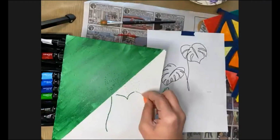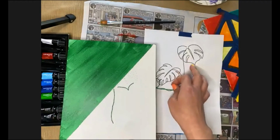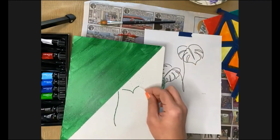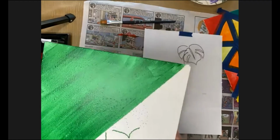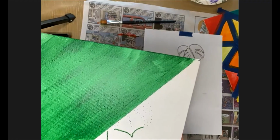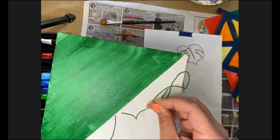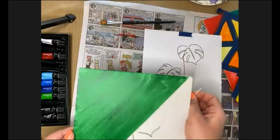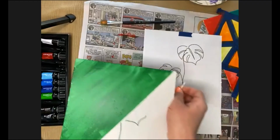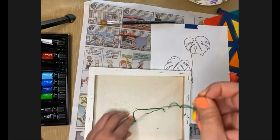Okay, so see here, it might get a little confusing because there are more holes, so I'm keeping my stencil for reference. So I know that this part is going to go in first before going back out. Okay, actually, I'm going to finish or pause the green for now,